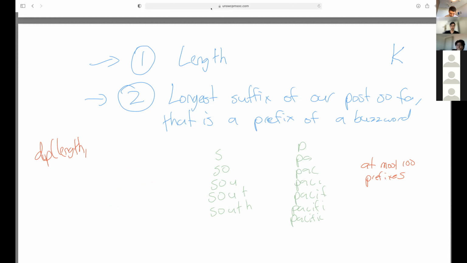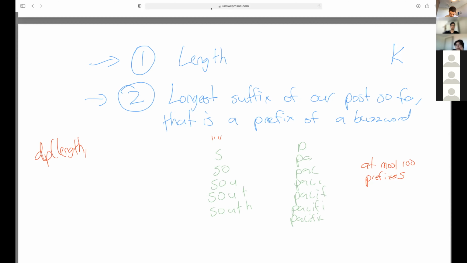We also want to add the empty string, because it's possible that if our post ends with, for example, a Z, then none of these are going to be suffixes. So we add the empty string as a possible suffix. So DP of length, and then the longest suffix that is a prefix of a buzzword.